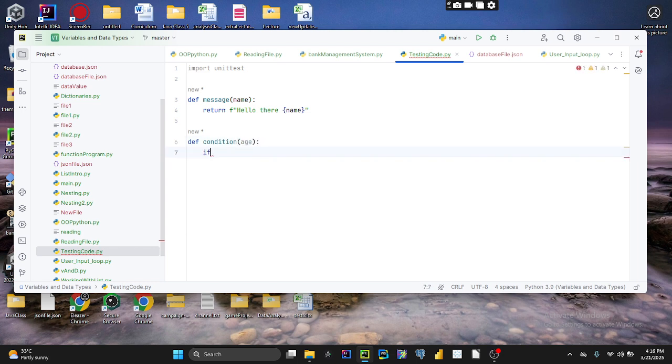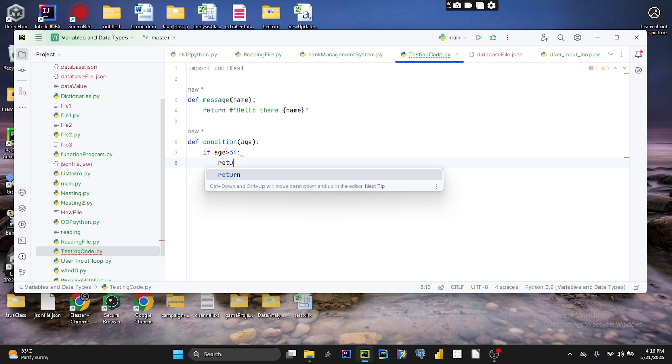Now I'll come here and say, if age is greater than 4, what am I returning? I'm returning back "you are able to vote." If I'm passing a value that is correct, of course, I'll be showing you how we can apply each of